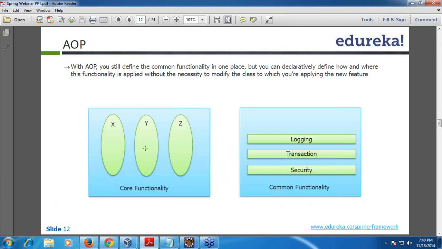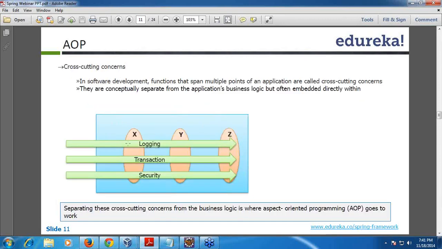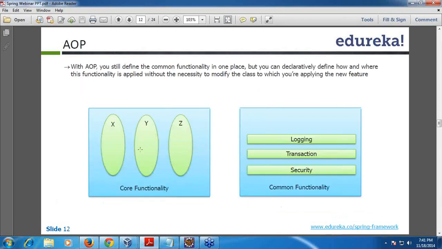In this way, if for some reason you don't want to run this logging in the application, you don't have to change any code. You just change the configuration, that's all. You don't have to change the actual business logic of the application.